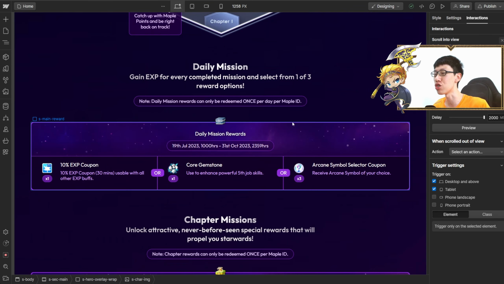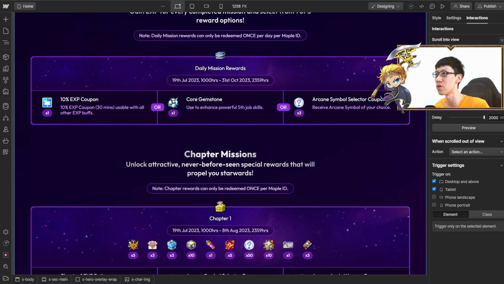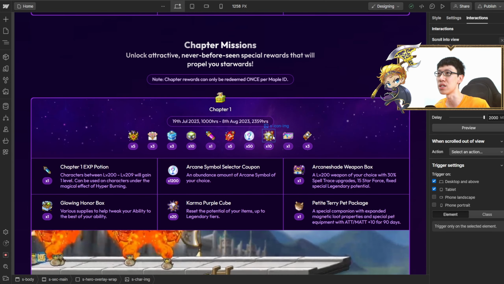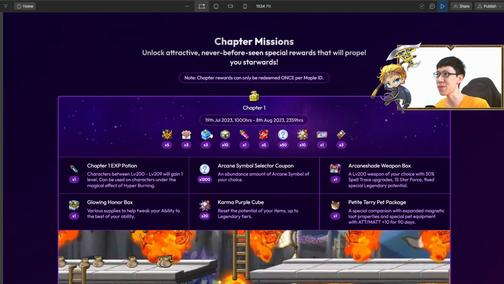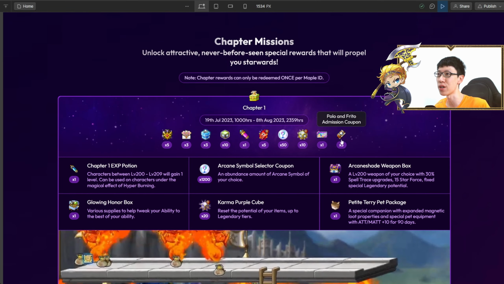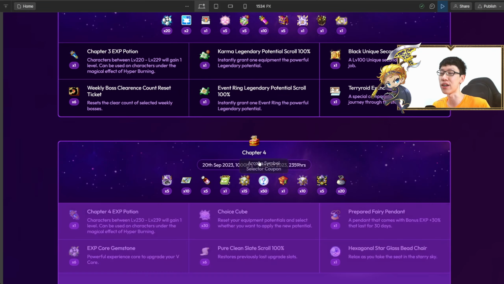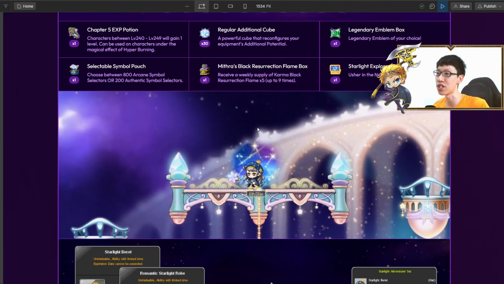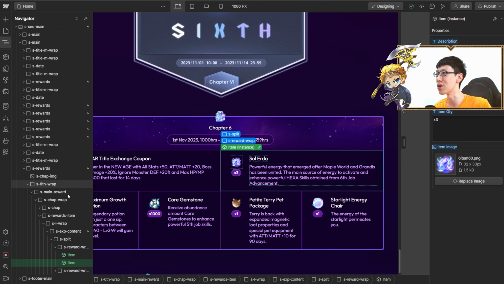So the explanation over here, and this is the new style of how I actually wanted to show the rewards over here. Okay, this style was actually going to be in the new age update. And you can actually hover over each and every one of them to see what the items are. And of course, they gradually release chapter by chapter. And you can see that there's a different color over here, the green color. Green color over here, I'd like to go a little bit in depth on this.